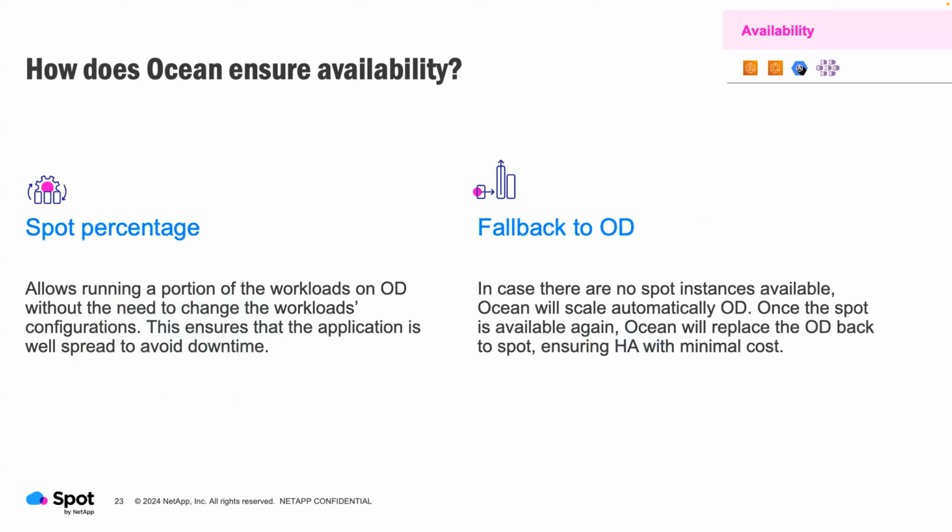The other two pieces that we talked about around availability are the spot percentage and falling back to on demand. As much as spot instances are going to save us money, we don't have to go all in on it. We can set a percentage so that a certain baseline runs either just on demand or covered by those RIs. All customers seem to have RIs or savings plans. So if customers want a baseline that they know is always going to be there, they can configure that through us, and then they get the discount from their savings plan. The rest of it runs on spot instances as a bigger discount.